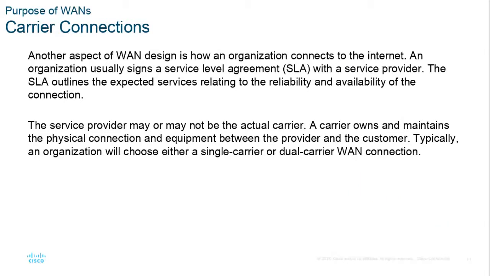So carrier connections is this concept that we're going to go to a service provider like the phone company or a cable company or some sort of service provider, and they're going to give us a service level agreement as to what they guarantee. Now, home and residential connections, you don't get an SLA. Best effort only. If you want a service level agreement, you're going to pay like $1,000 a month for that gigabit connection, not $80 a month. The service provider may not be the carrier, and they may be someone who resells that service. So, for example, you can get a DSL connection from AT&T, or you can go to third-party providers that resell this service and get it from them.